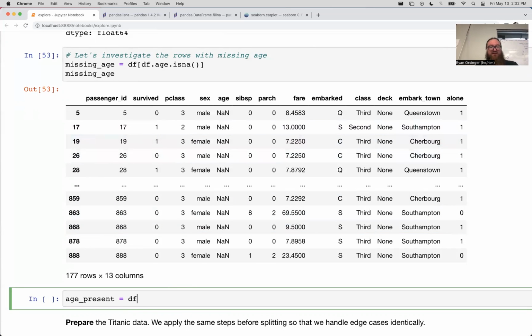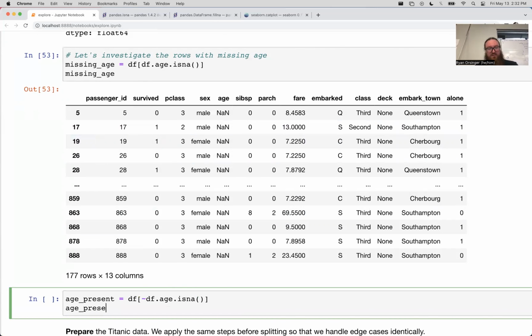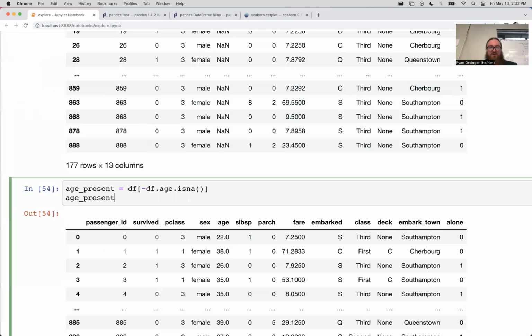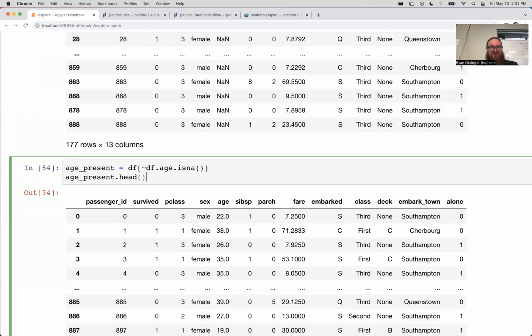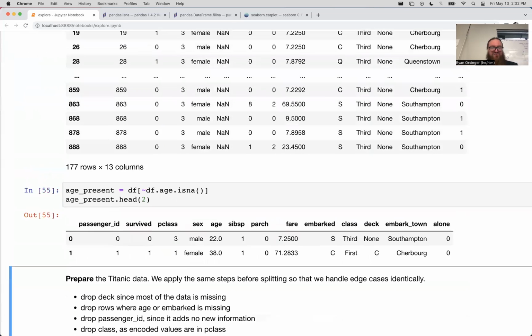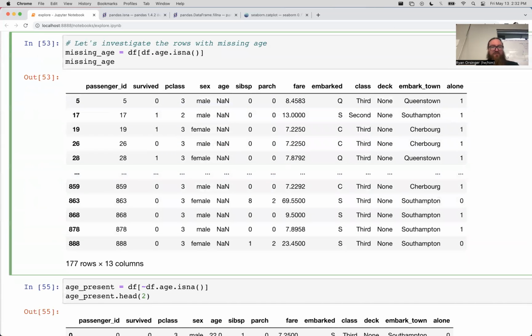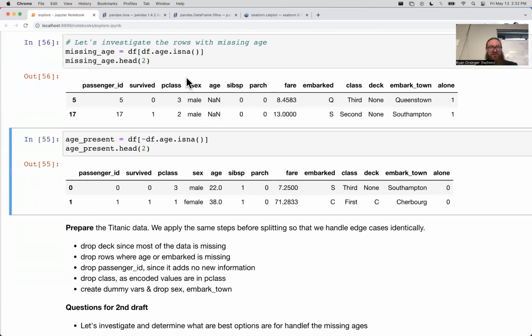And this would be df where not df.age is NA. That tilde is a negation. So let's compare these two things just a little bit. Now, the head is just going to give me a sense of a couple of rows.